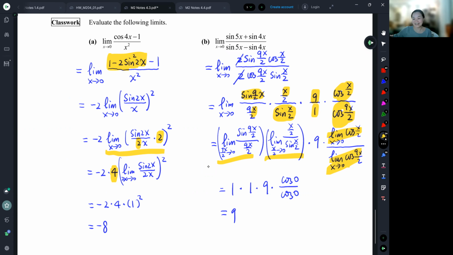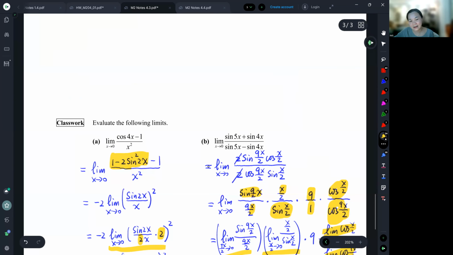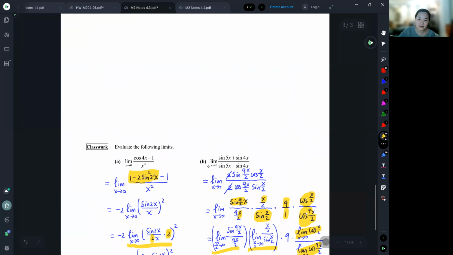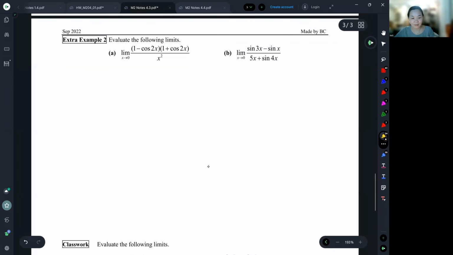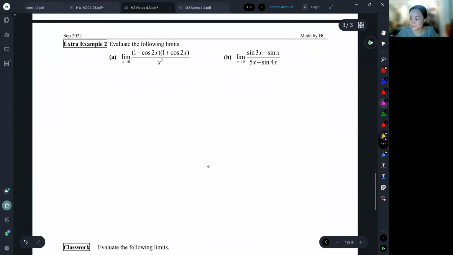Okay, that's all. But I will show you more, because the exercises in your textbook are not just going to be these two types. There are more types. Extra example. For this one,